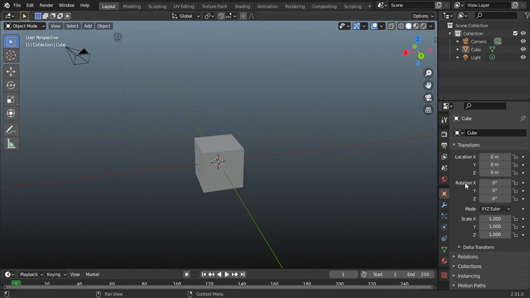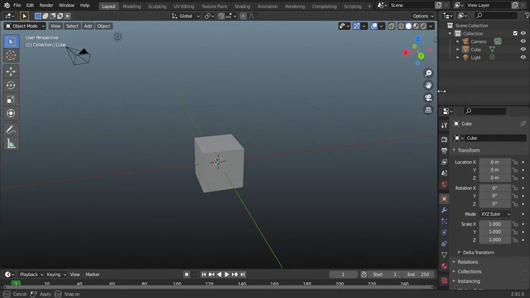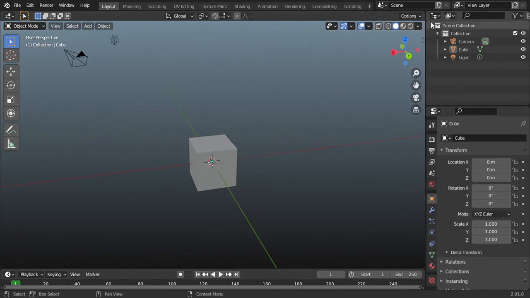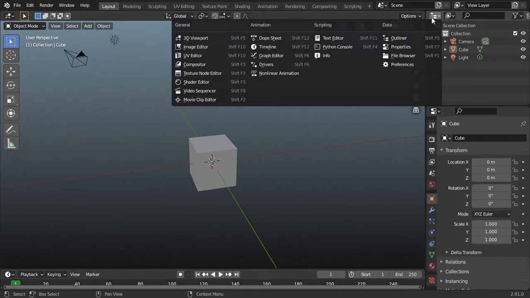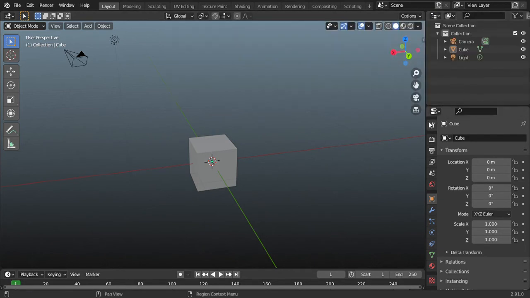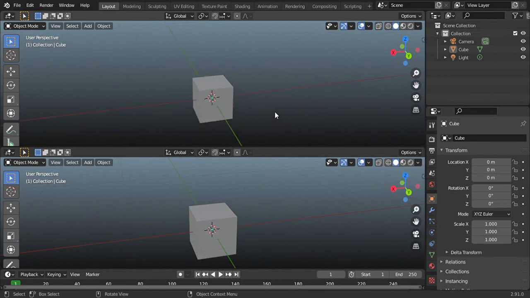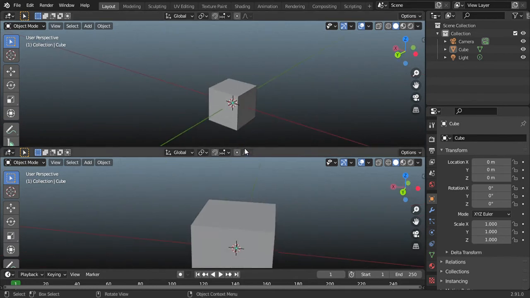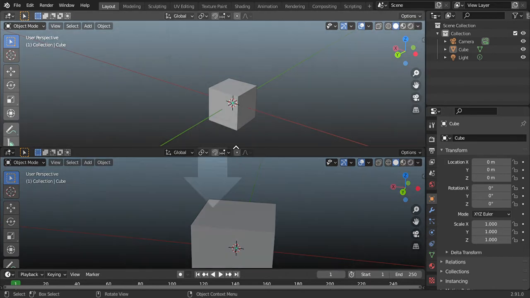Now each section of this UI is separated into panels. These panels are resizable and can be dragged to fit your ease, and can also be used to change into something that you want them to be. To do that, simply click the drop down, select the type of editor you need. You can create a panel by simply right clicking on it and then left clicking at the position of the screen you desire. To delete a window, right click on the boundary again, join area and drag either of the